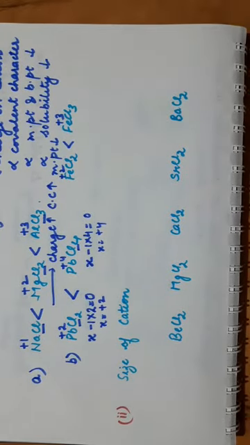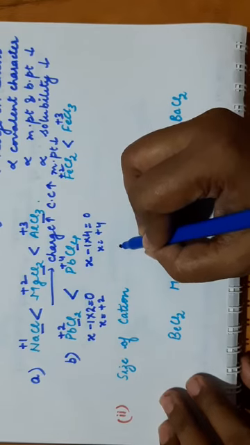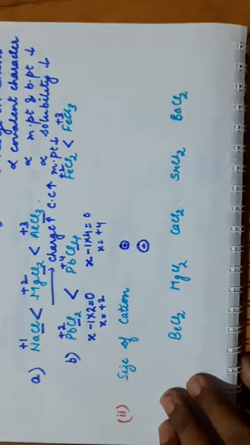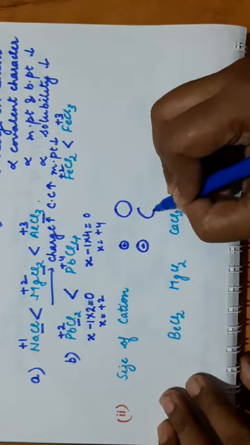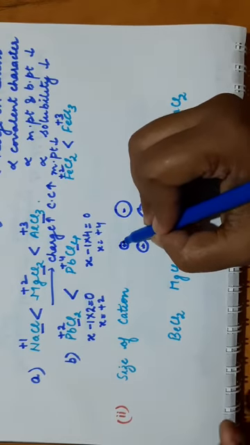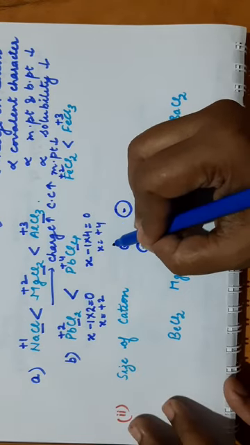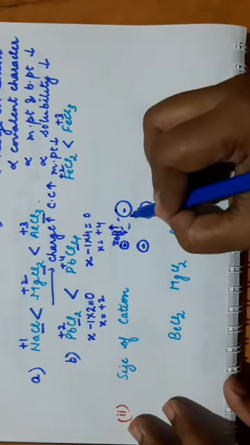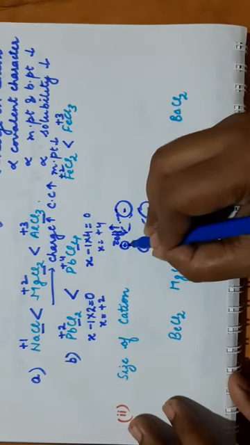Next is size of cation. As the size decreases, the smaller the size of the cation, suppose its size is this one, another cation's size is this one. So as the size decreases, and this is anion, the smaller the size, the higher the Z effective. The electrons will be more closer to the nucleus. It will have higher Z effective. So Z effective will be higher in this case. If Z effective is high, it will distort the electron cloud more as compared to this one. So distortion will be more in case of small size.